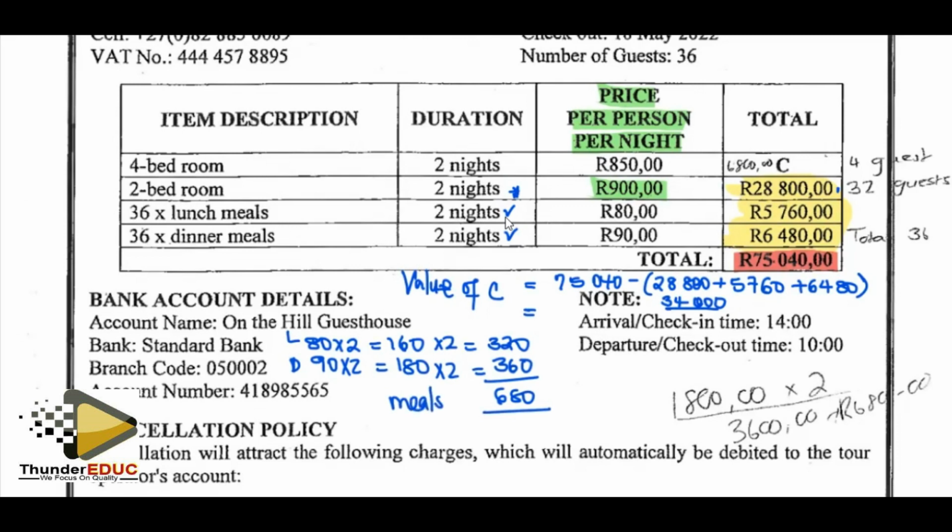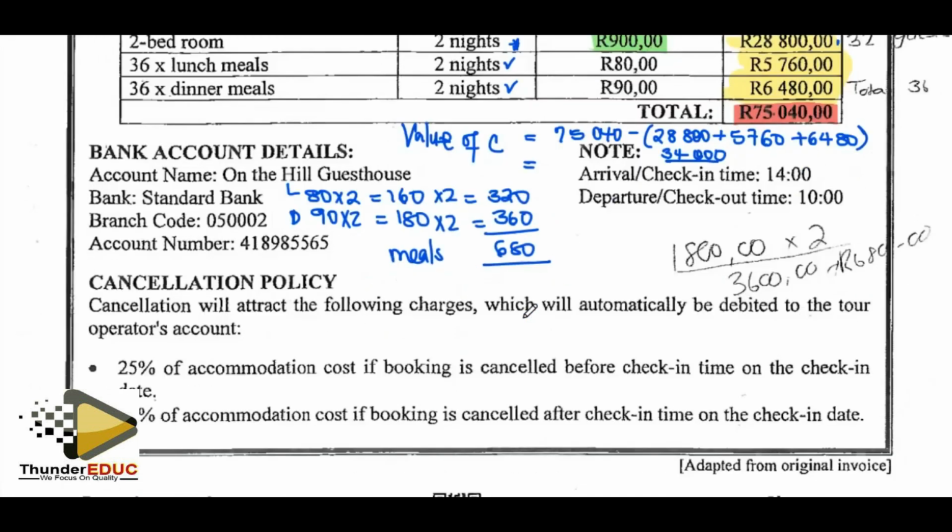All right. Now let's tackle accommodation. So for meals, we see it's this much. So accommodation says 25% of the accommodation cost if the booking is cancelled before in time on check-in date. So the check-in arrival time was 2. So one person cancelled before this, and they would be departing tomorrow. After their excursion, they will depart at 10. That day when they will be departing. So we shall look at this and we say